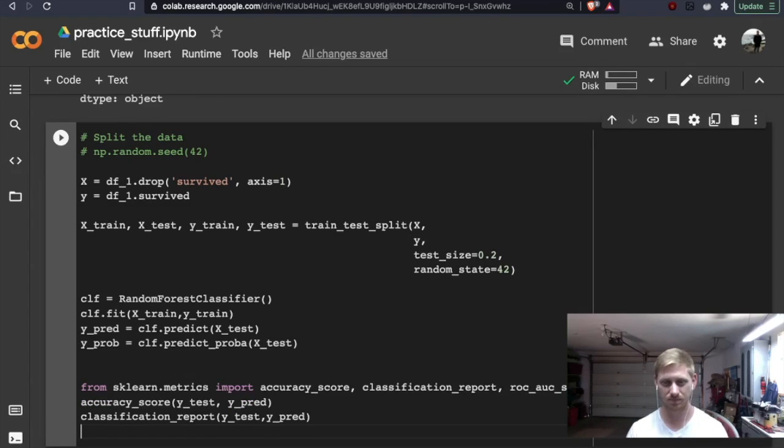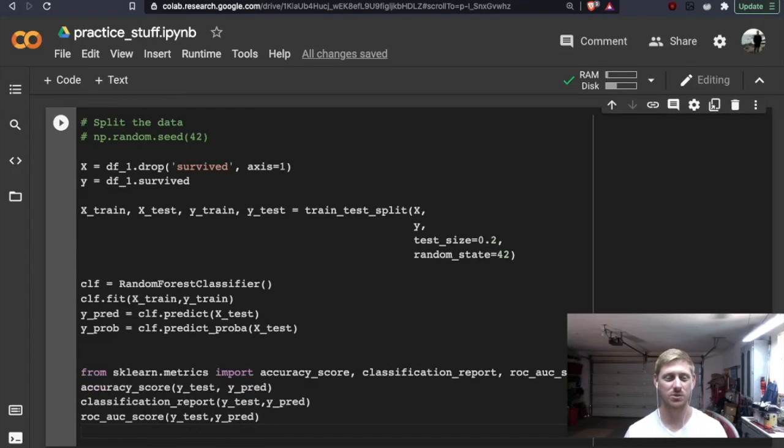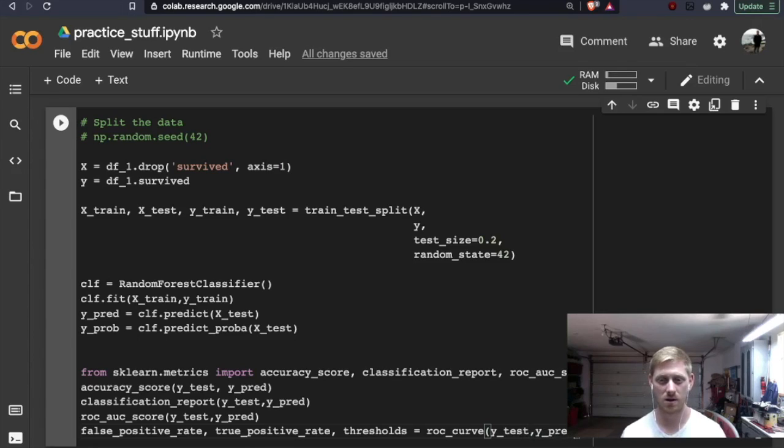And then the ROC AUC score would also be y test and y pred, I think. And then this one would be false positive rate, true positive rate, and thresholds, which would equal roc_curve of y test, y pred, and then for whatever reason we'd go ahead and slice it.